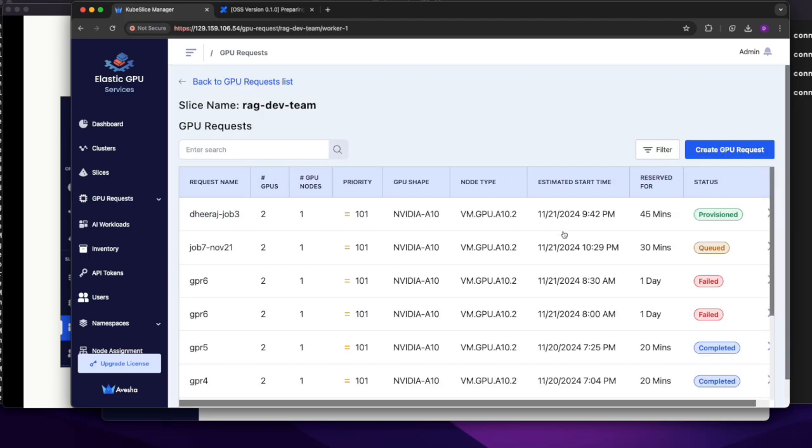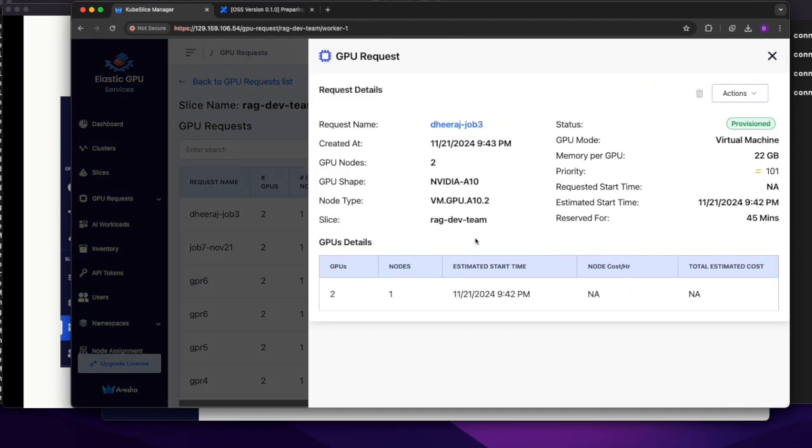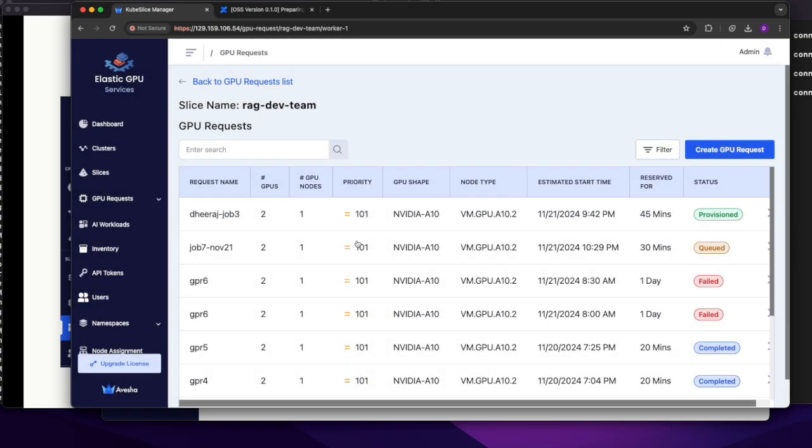And as we've seen, we have one that's in queued and one that's in provision for the RAG dev team. In addition, you're also able to take an existing workload and be able to manage the queue